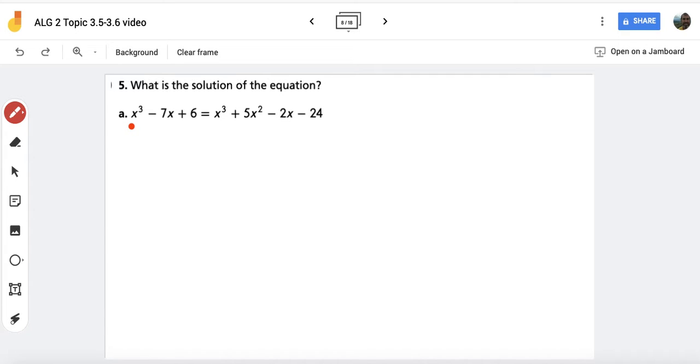So if I subtract x cubed from both sides, oh cool, the x cubes are going to cancel each other out. And then I'm going to add 7x, and I'm going to subtract 6 from both sides. And when I do that, I'll have 0 equals 5x squared plus 5x